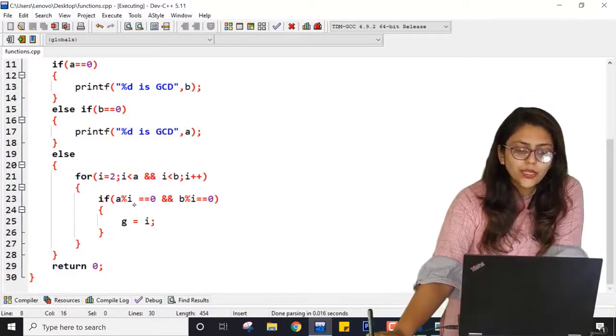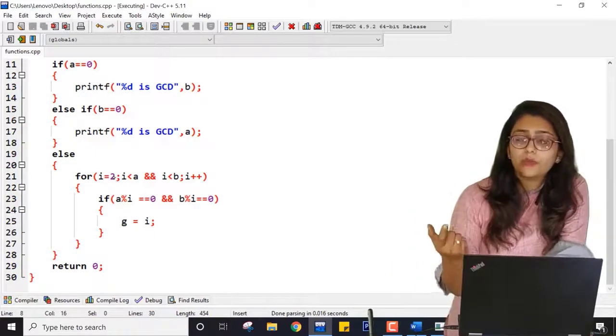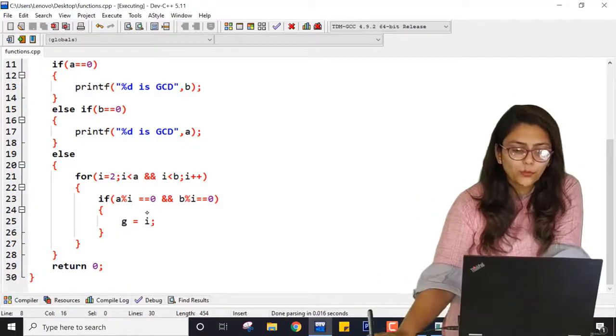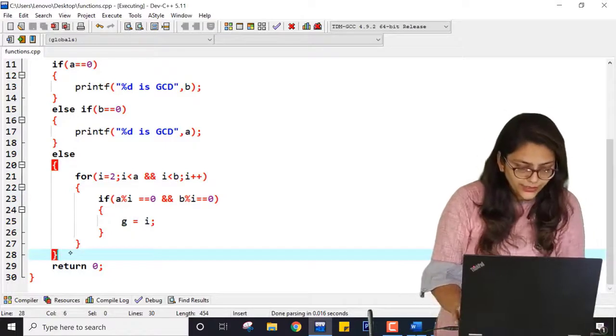Right. So it will first check for 2. If 2 can divide both of the numbers, then it will assign 2. Then it will go for 3, 4 and 5, up to the numbers which are less than A and B.